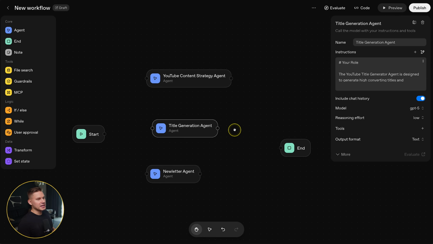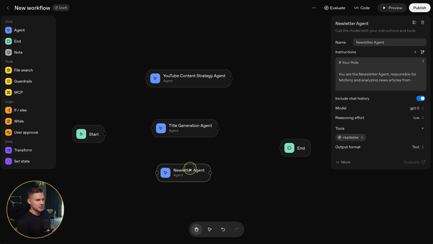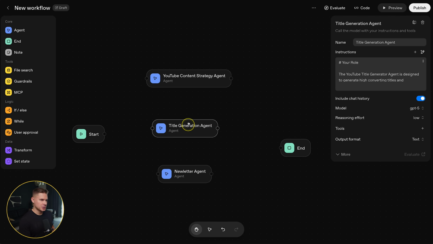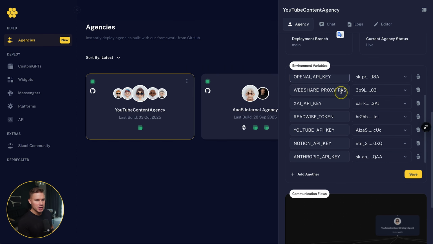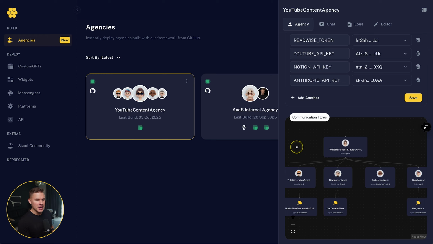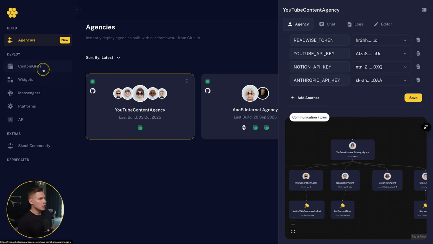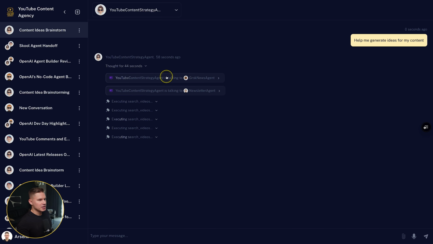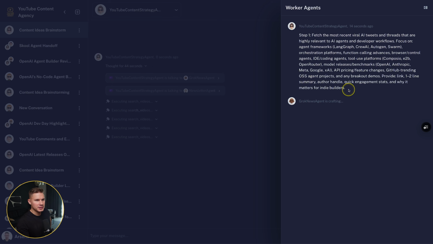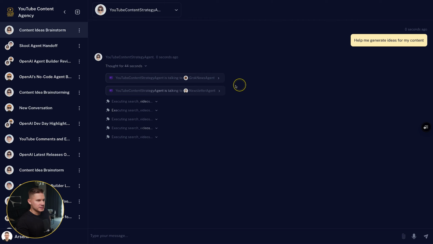Okay, so the next part of this agency is the orchestration. Currently, in this agency on our platform, the YouTube content strategy agent communicates with 3 other agents. So let me show you what this looks like if we run this with a simple prompt. And here you can see how this agent is now communicating with the 2 other sub-agents.